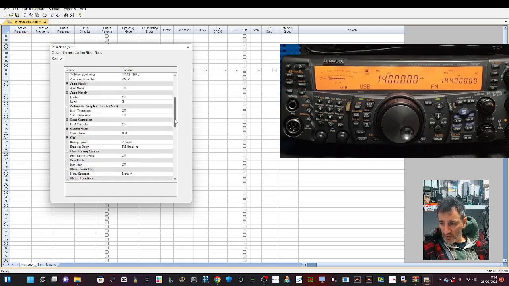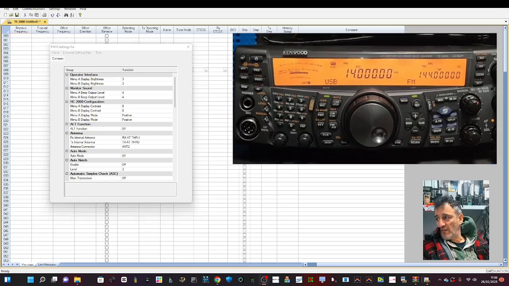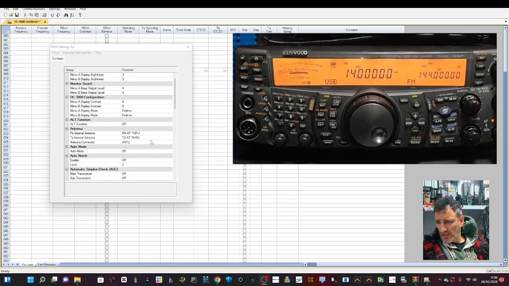The idea is that when you're using different types of software programs, different connections, whether, I don't know, it's VHF, UHF, packet, all that, you may need completely different settings. And if you scroll down here, we've got operator interface, monitor sound. You've got the configuration for the RC2000. I believe that's an external head unit. Antenna here, antenna connector, and as you select, you can change